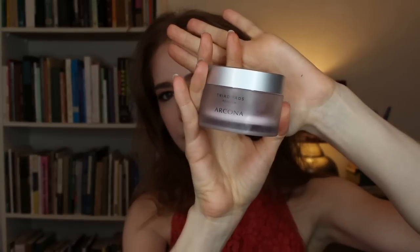The second skincare product that I particularly relished in the month of January is this one. These are the Arcona Refresh Triad pads. They're toner pads. They aren't acid toner pads. They're just a basic kind of cleansing, refreshing toner. I mean, they do have some acid. I think they're cranberry based, so they're going to have a little bit of citric acid in them, but it's